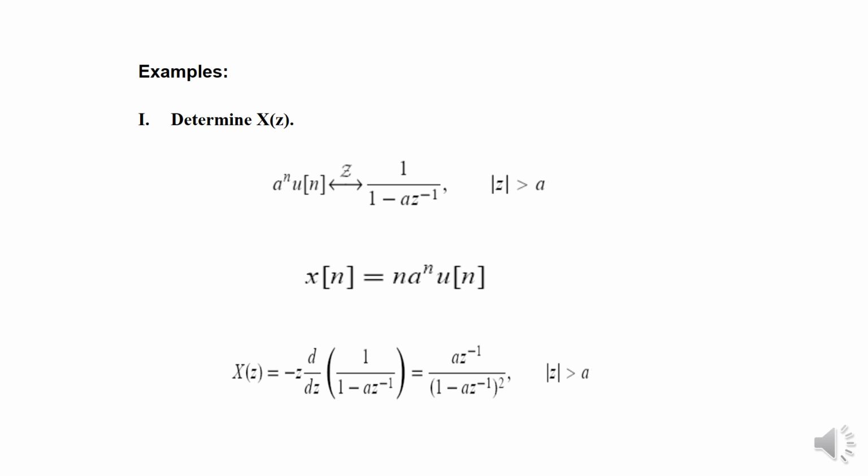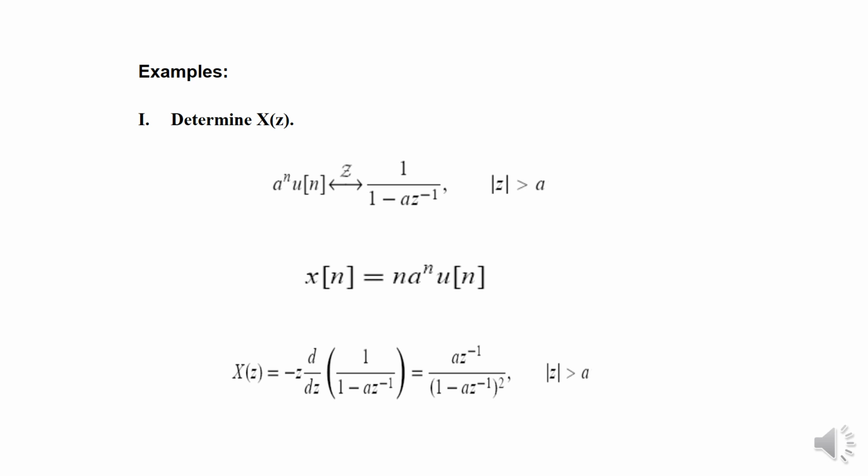So how can you find it? In order to find this, you have to use the differentiation property. Remember, when you have n x[n], according to the differentiation property, the z transform of that will be minus z dX(z) over